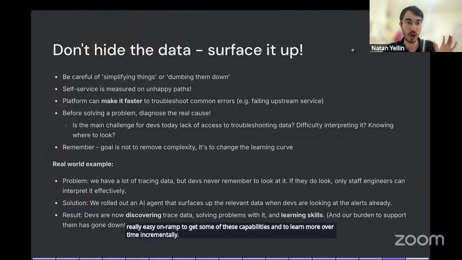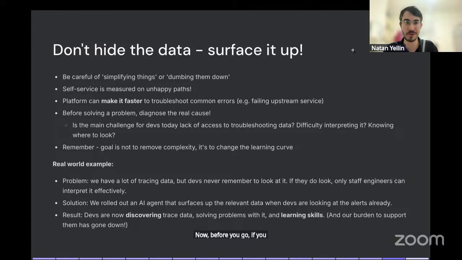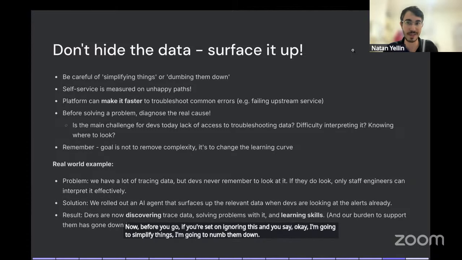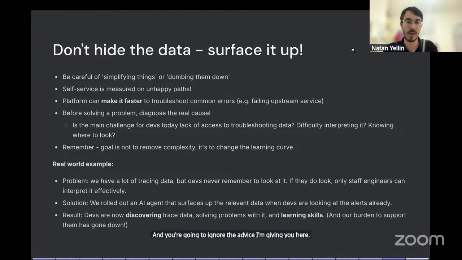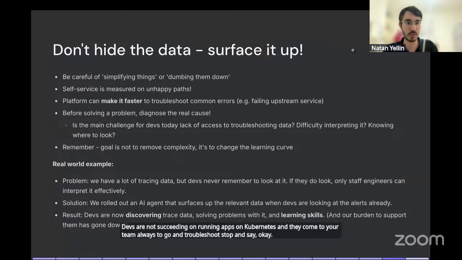Now, before you go, if you're set on ignoring this and you say, okay, I'm going to simplify things, I'm going to dumb them down, and you're going to ignore the advice I'm giving you here, at least do one thing. Before you simplify, diagnose the real root cause. And what I mean by that is, let's say today, devs are not succeeding on running apps on Kubernetes, and they always come to your team to troubleshoot stuff. And you say, okay, we're going to build some other abstraction there. We're going to simplify and dumb it down. Well,